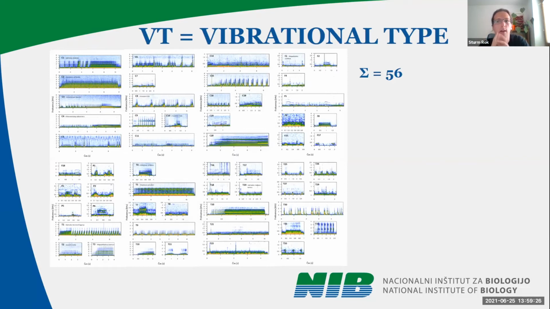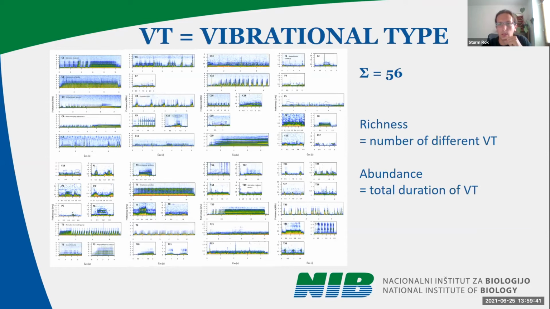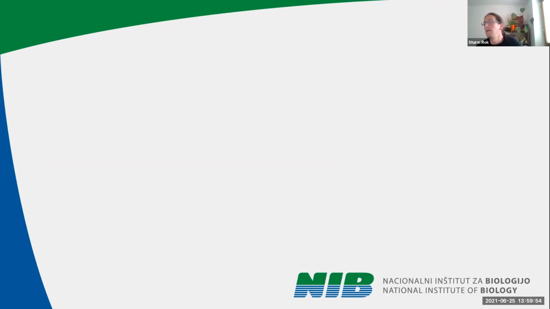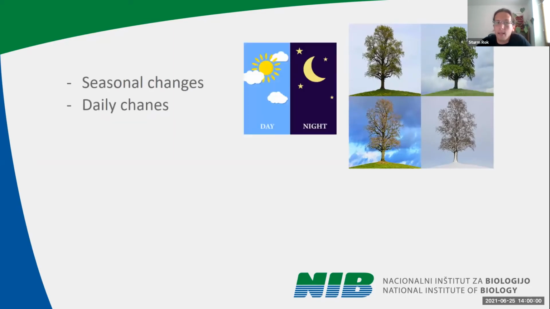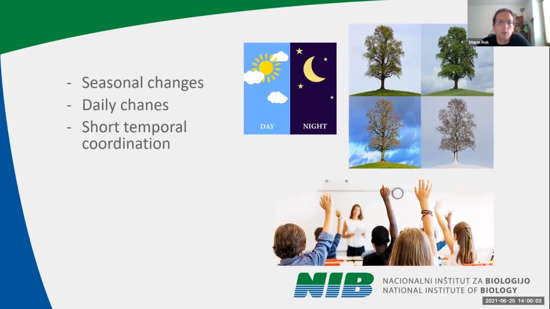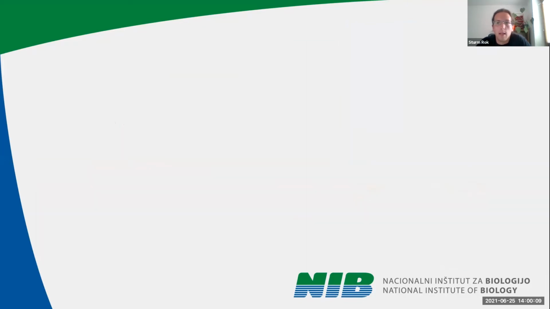So these events were categorized into 56 different vibrational types, and here is just a presentation of them. So they are quite different, and we operate with two different things: richness, that is the number of different vibrational types, and abundance, and this is the total duration of vibrational types. We set some observations: the seasonal change, daily changes of vibroscapes, short temporal coordination of vibrational units, and the spatial distribution. Let's first look at